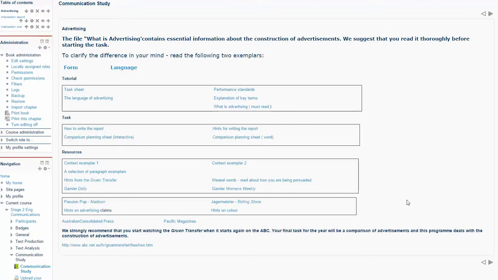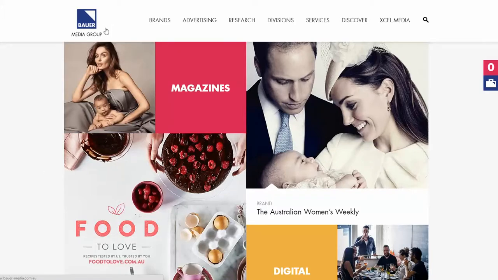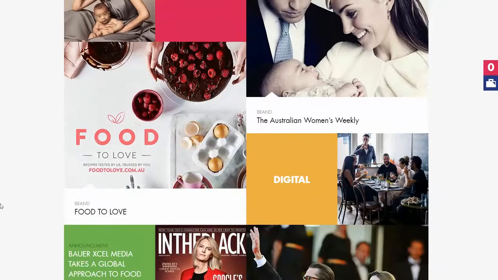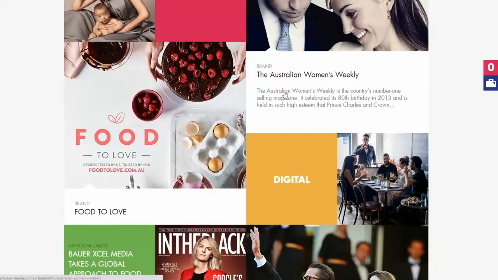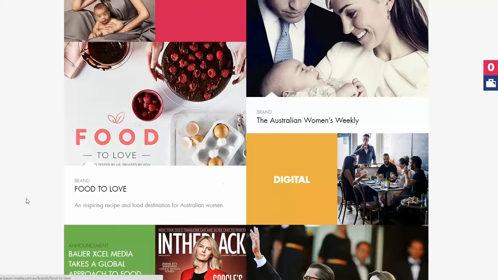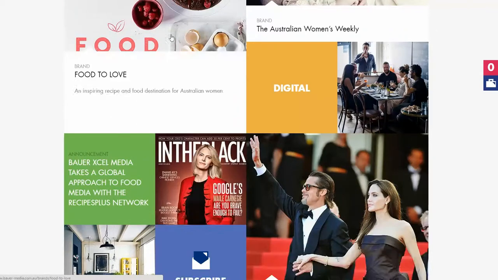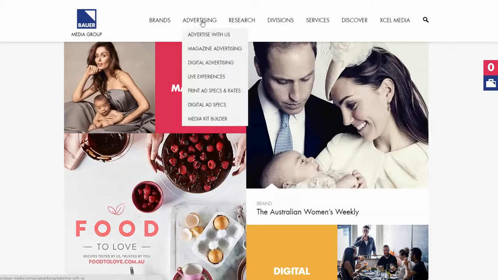You get onto the website of the magazine. And those are really easy to find. I don't think they call them Australian Consolidated Press anymore. I think they have a different name, but I haven't changed that. If you click on that, it's now called the Bauer Media Group. And you will see that these are some of the major magazines. So, for example, there's Australian Women's Weekly. There is a magazine that I've never come across called Brand Food. There's all different Women's Day. If you click on advertising,